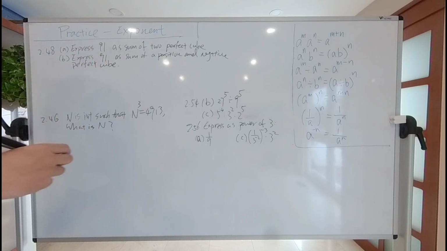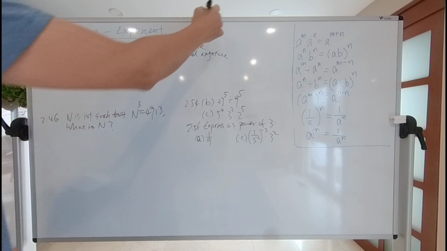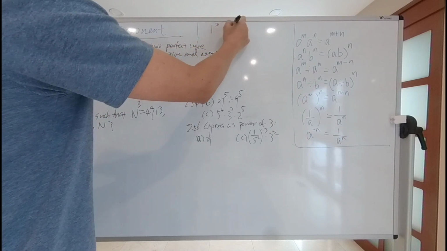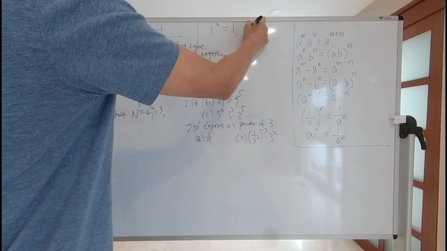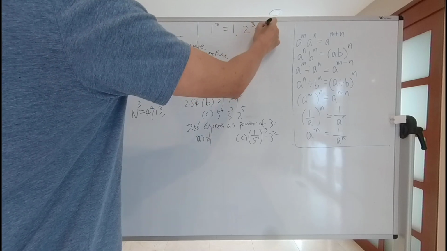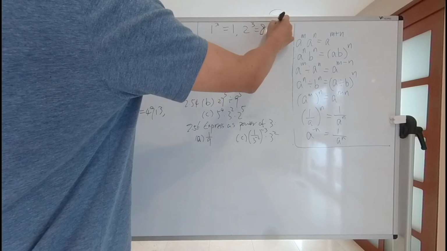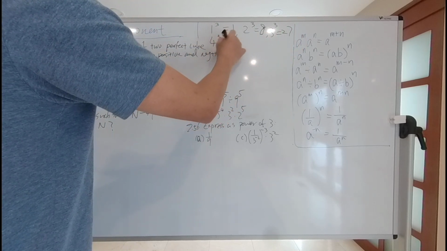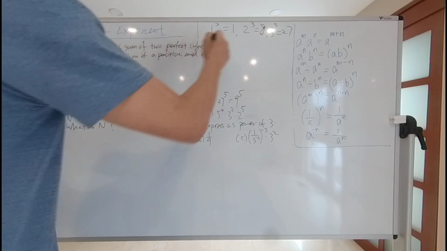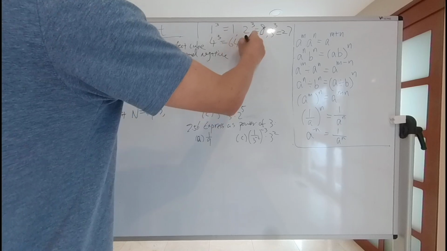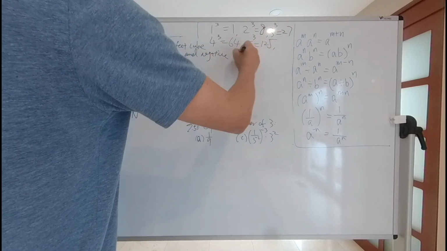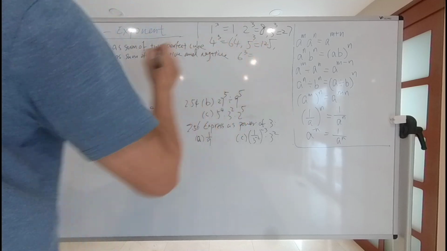So let's write down the perfect cubes by the side first. The perfect cube of 1 is 1, 2 cubed is 8, 3 cubed is 27, 4 cubed is 16 times 4, 64, 5 cubed is 125, 6 cubed is